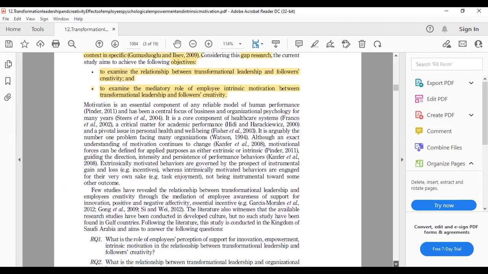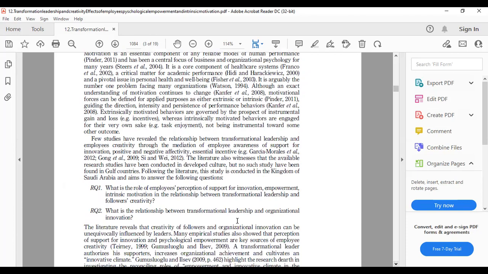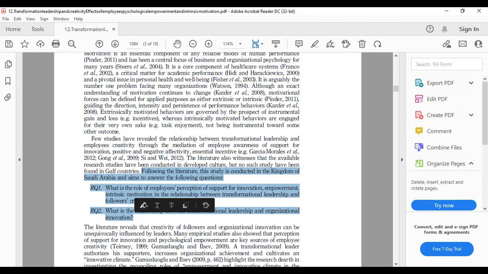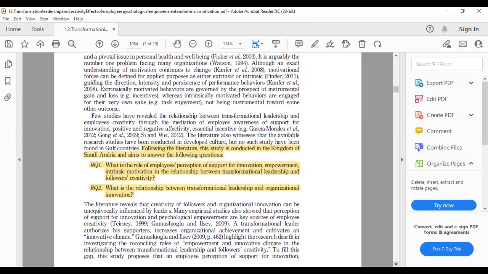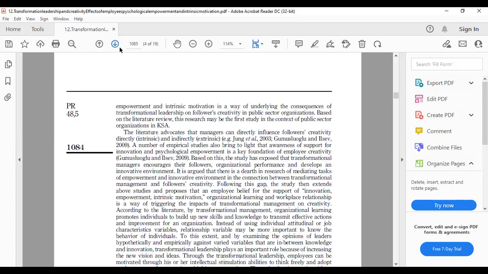Then he moves on to the next variable and explains those. Then he lists the following research questions. There are two research questions in the literature that he mentioned there. And then he moves to the third variable, and for the third variable he gives just a brief introduction, a review of the literature between the previous two variables.